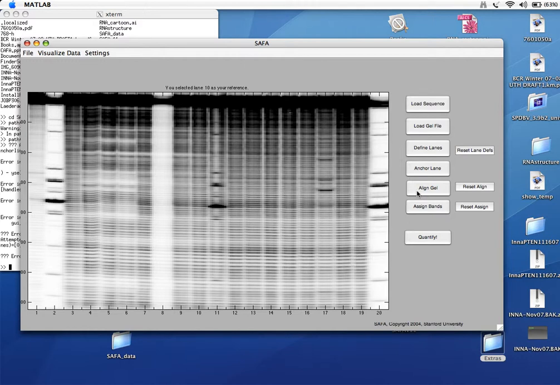In this case, I'm going to click Align Gel. This starts the gel assignment procedure in SAFA. Now, when you're going to align the gel, we're actually going to do a horizontal alignment. And so in this particular case, it's hard with this kind of resolution to see the frowning or smiling pattern